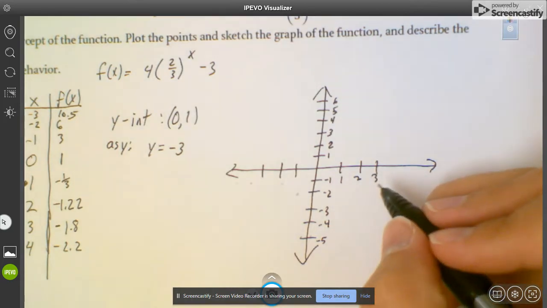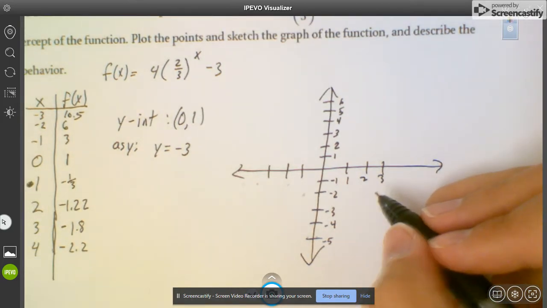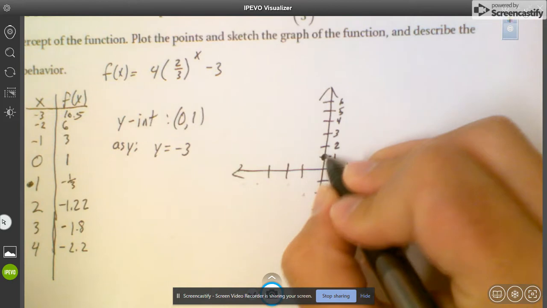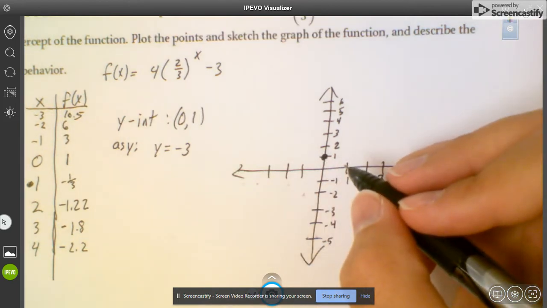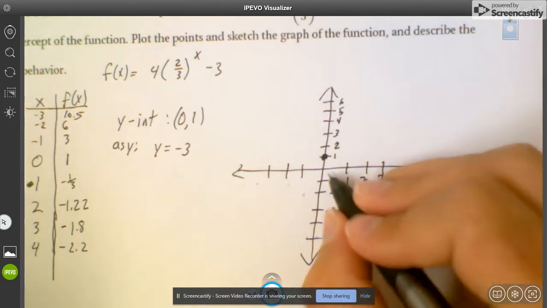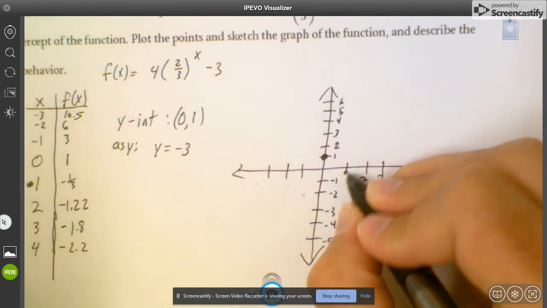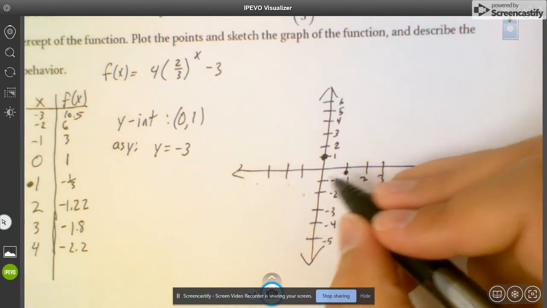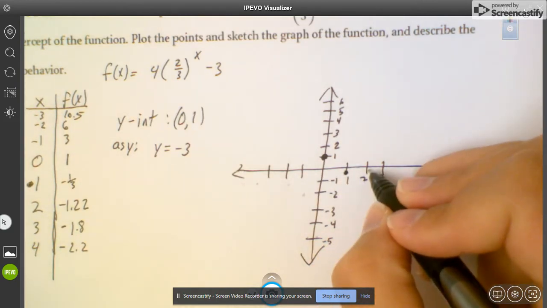All right, so let's see here. We had 0, 1. Okay, then we had 1, -1/3. All right, then we had 2,